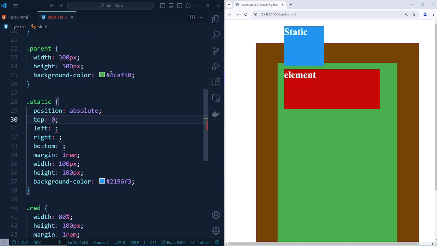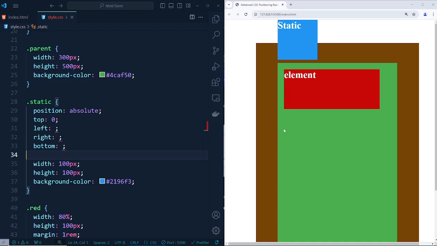Let's say you would like to add top 0. As you can see right now, top is 0. I have added a margin here. That is why there is a little bit of space on the top of this box. As you can see right now, there is no space. But if you want to position this absolute box right now inside this green box, then